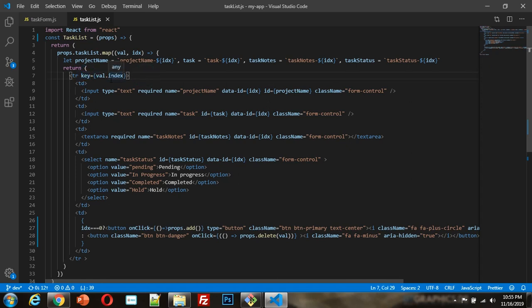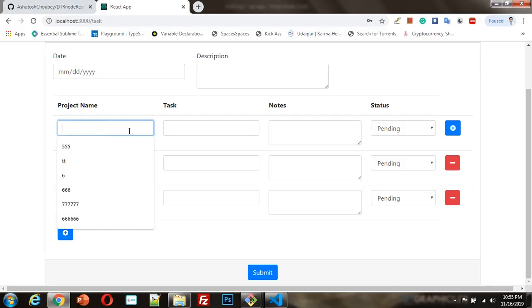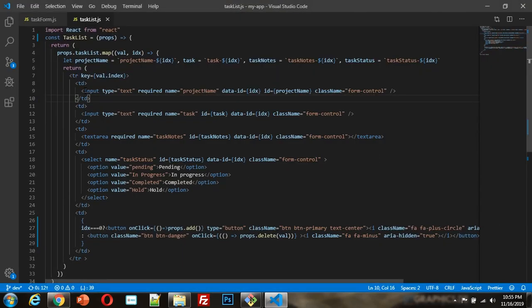That's why I have defined a unique value, generated by the Math.random method, and I have given val.index, so that key will be automatically assigned uniquely. Okay, and in this way you can generate all these fields. So I generated the input field, its name and data type.